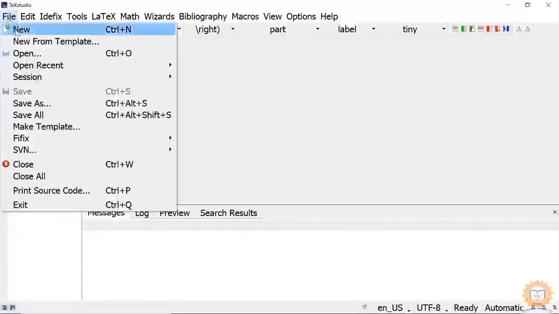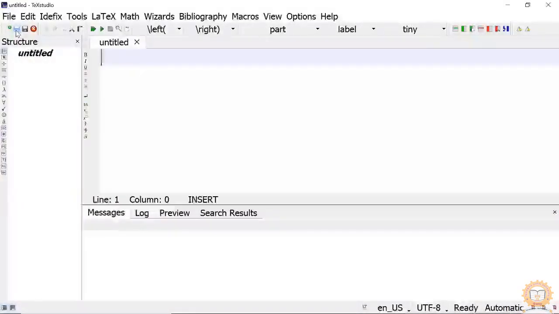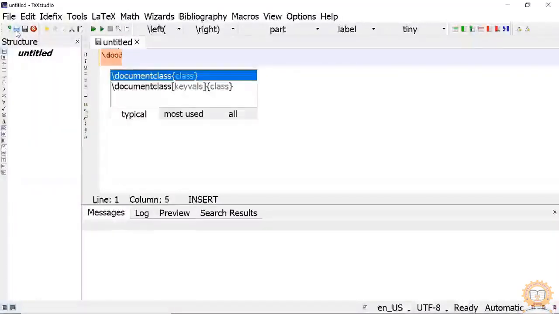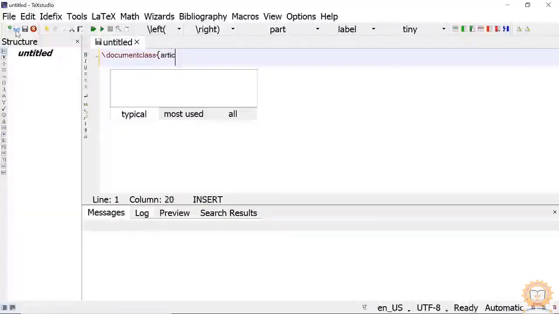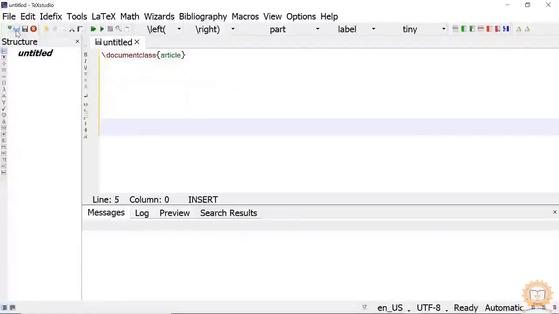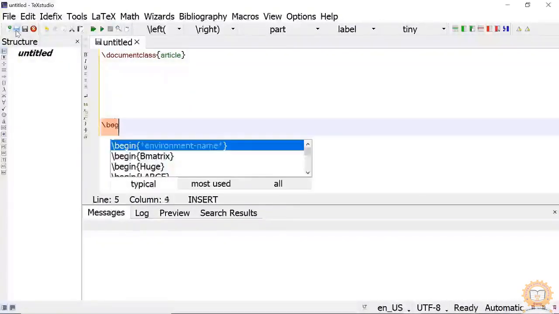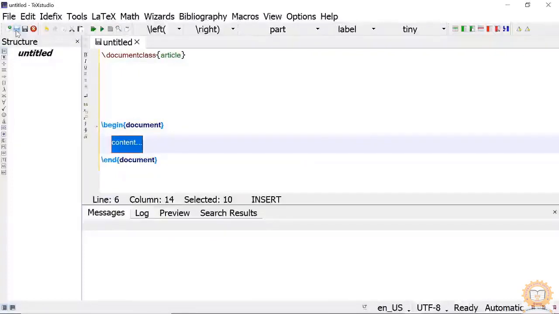Start a new file. Okay. Now type here \documentclass, and in curly brackets type article. Okay. Then again type \begin{document}. Okay. And \end{document}.